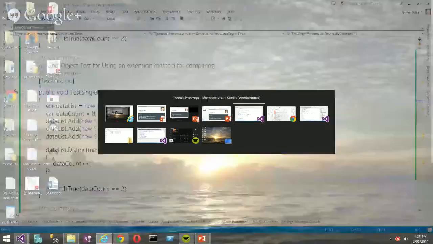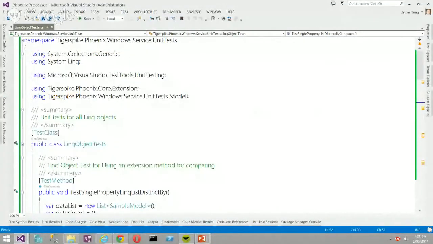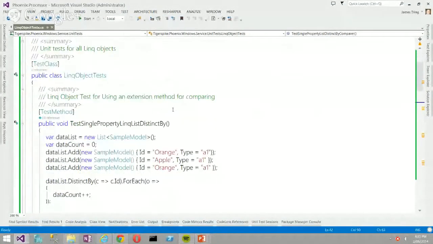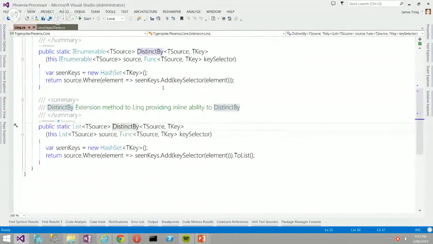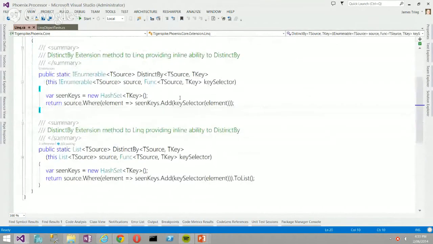So if I jump into Visual Studio, hopefully the font's big enough, you should be able to see a few tests here. So the first one is using a DistinctBy extension method, where we test a single property and DistinctBy. So we've got a list, and that list has sample models with an ID and type property, and then with the extension method DistinctBy, as you can see, there's two signatures here, one of which returns IEnumerable, the other returns